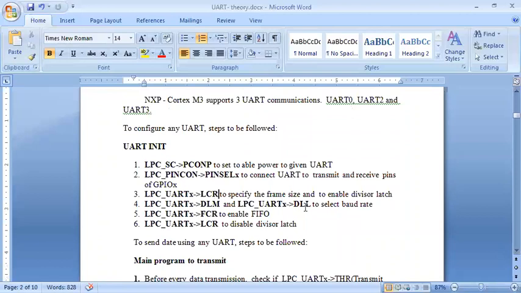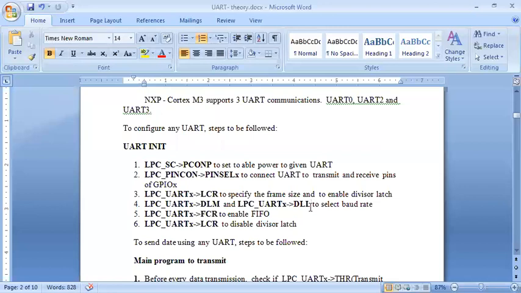Also I am going to enable my divisor latch. Why? We'll see next. Now my frame size is decided. Next is my baud rate, that's your 9600. The 9600 baud rate value will be put in DLM and DLL. DLM is the higher byte of the data and DLL is the lower byte.